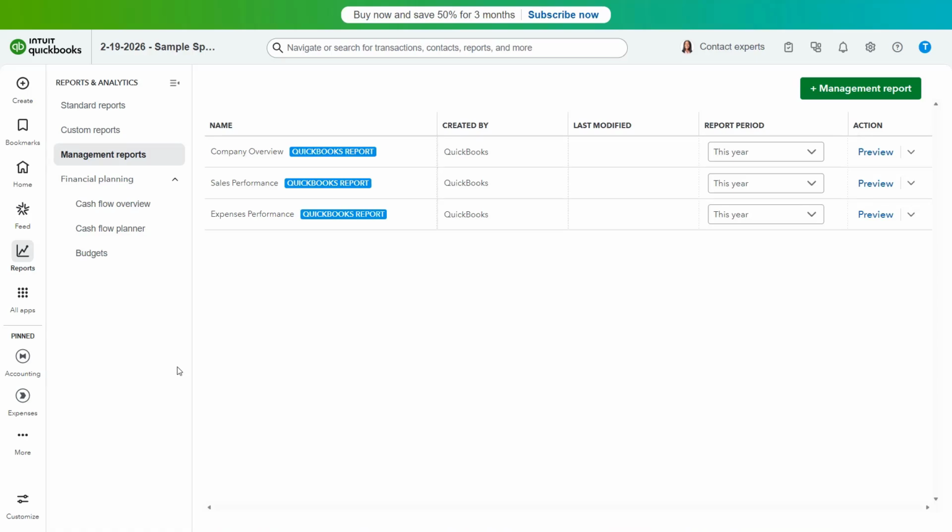To customize a management report in QuickBooks Online, hover over the Reports button in the navigation bar, and then click the Management Reports link in the menu that appears to open the Management Reports page. Alternatively, click the Management Reports link in the Reports and Analytics bar if that bar already appears on screen to